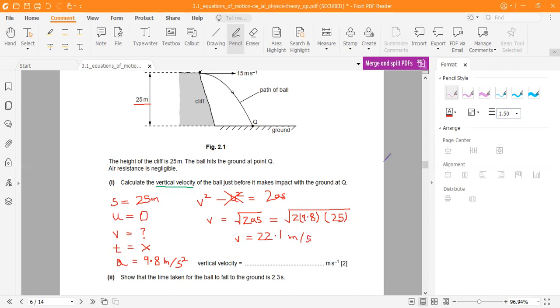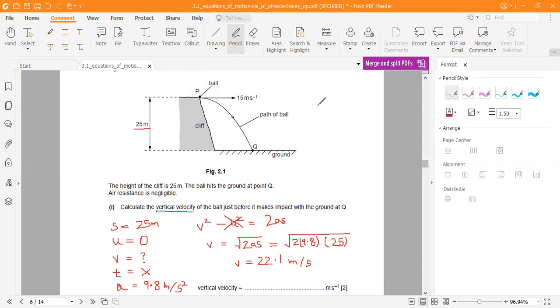This is basically the same as if they had given us a question in which they were dropping a ball from this height and it was falling to this point. If they had given us this case and asked us to find the vertical velocity, we would have got the same answer. So you can see from here that the horizontal component has no effect because it is totally perpendicular to the vertical velocity, and since it is perpendicular, it does not have any effect on the vertical velocity. That's what you have to keep in mind.